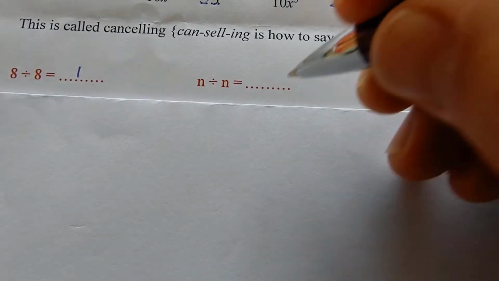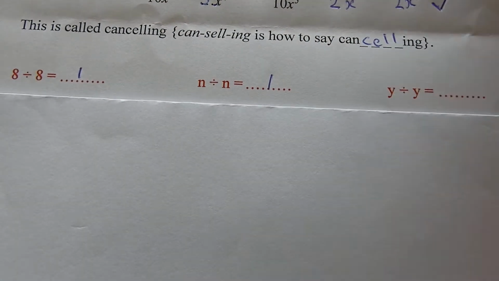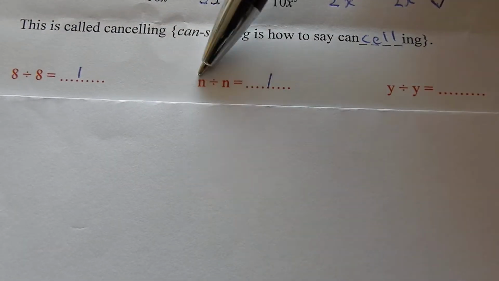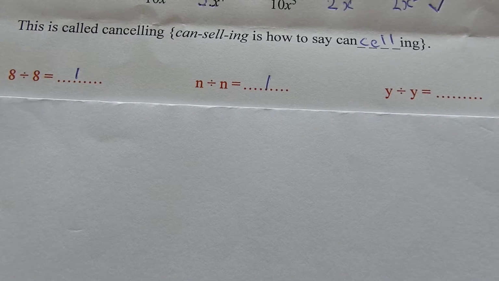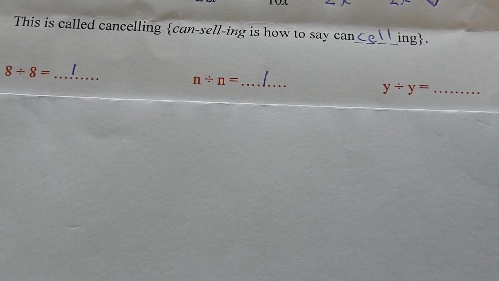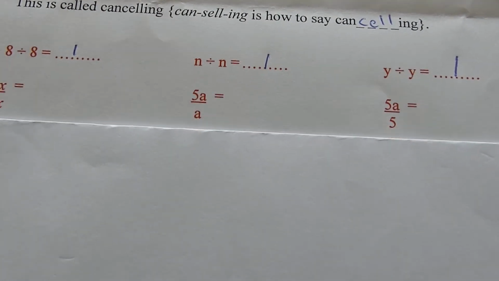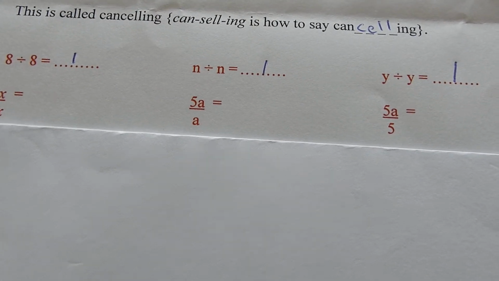8 divided by 8 is 1. n divided by n is 1, because those two are the same number. A number divided by itself is 1. Just like 90 divided by 90 is also 1. 90 90ths. y divided by y is 1. Good. Moving on down. x divided by x is